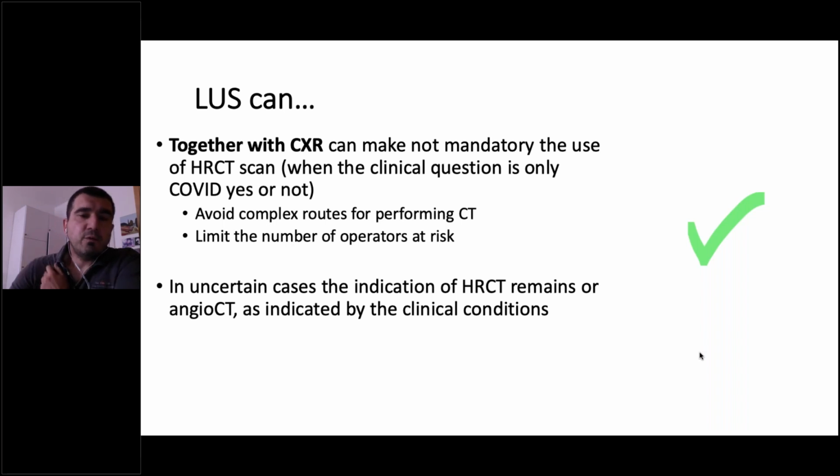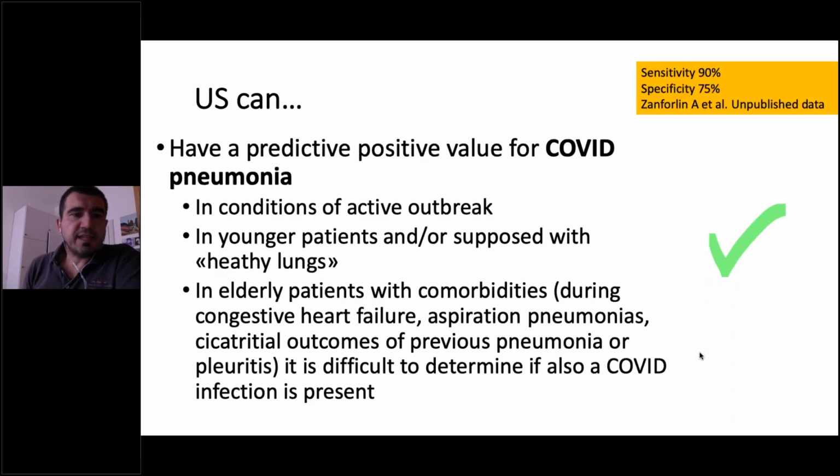That is only when the clinical question is COVID yes or COVID no. That is when you have to avoid complex routes to perform CT. That was the problem we had in Bolzano, and you have to limit the number of operators at risk because exposed to the potentially contagious patient. In uncertain cases, the indication of HRCT remains, or angio CT, as indicated by the clinical conditions, as you suspect a pulmonary embolism. So ultrasound can have a positive predictive value for COVID pneumonia, in particular in conditions of active outbreak,